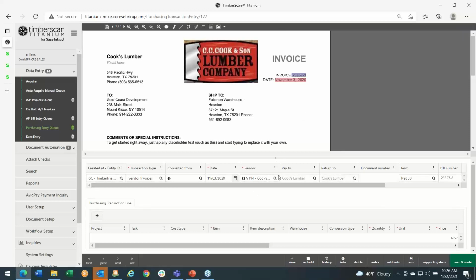So far, we have basically taken an invoice. We started to process some of the basic information on the invoice. Haven't even gotten to any of the distribution yet or anything like that. Now, any of the fields that I happen to be selecting, for example, the vendor, if I click on